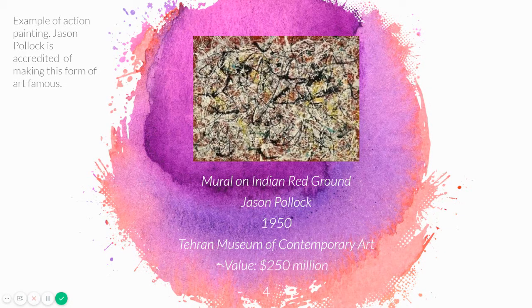And then he would apply the paint by pouring it on there, or by using a broom with a long handle to brush it on there. Or he would take sticks and dip it into the paint, and then let the paint drip from the stick in a fine line. And he would layer and layer and layer and use all these different